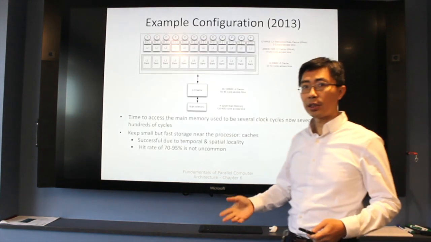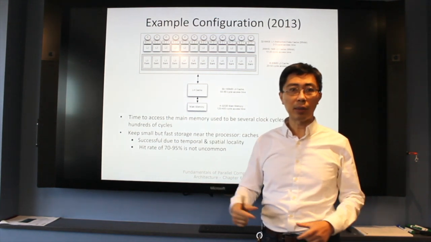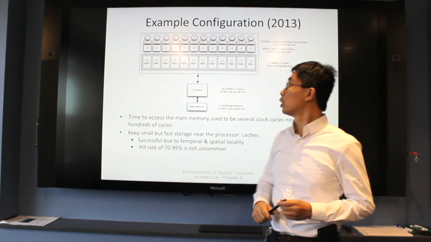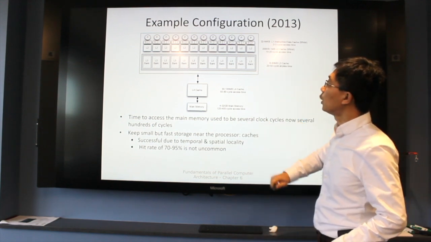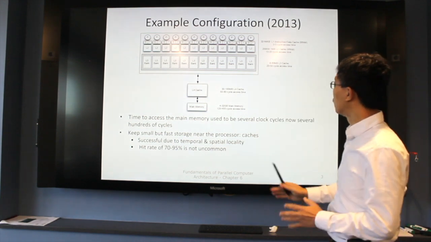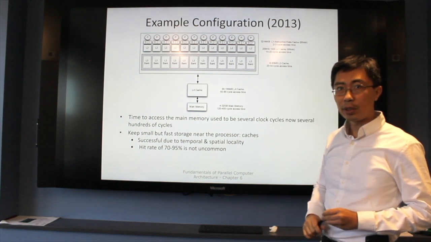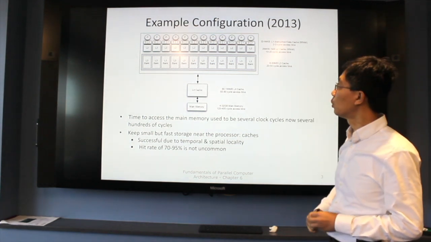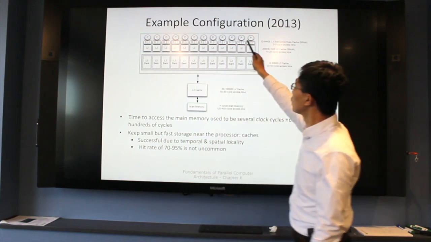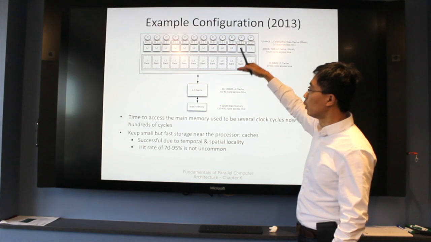So first of all, what is cache? Cache is essentially a temporary memory, temporary storage that is close to the processor. So if you look at an example here, this is a system similar to IBM Power from about 4 years ago. So you have processors P right here, and then you have a hierarchy of memories